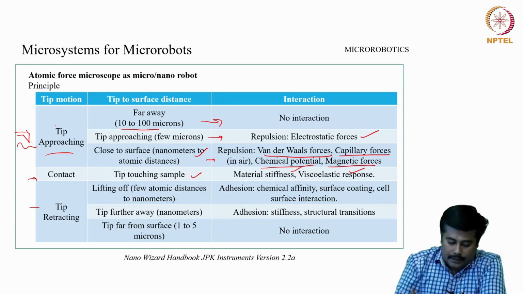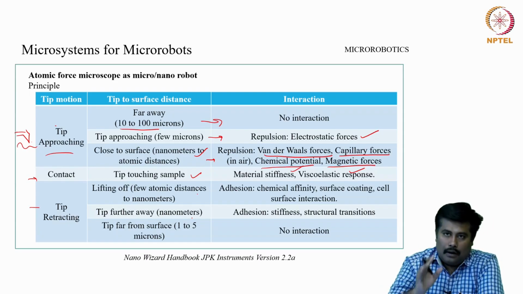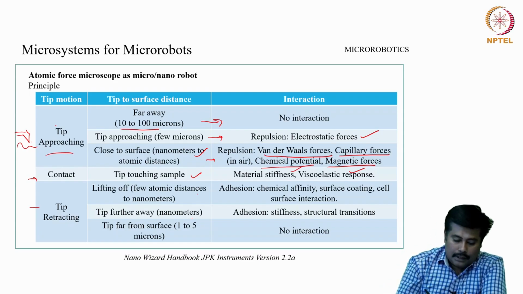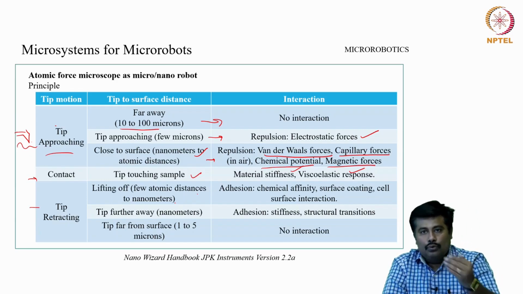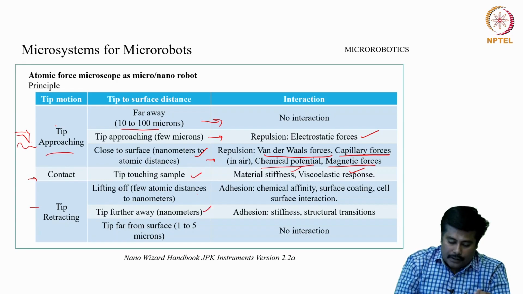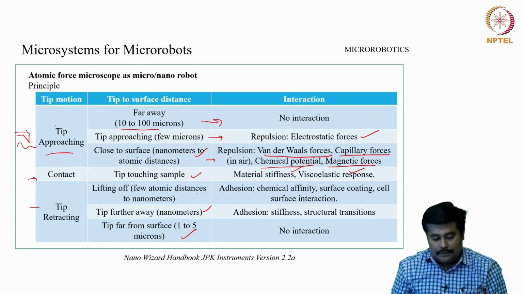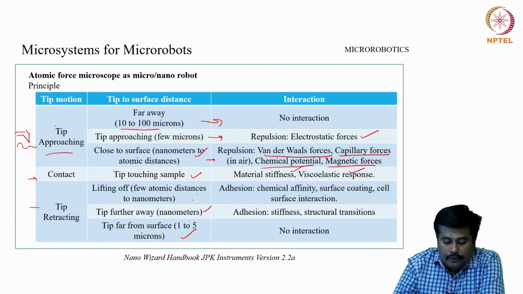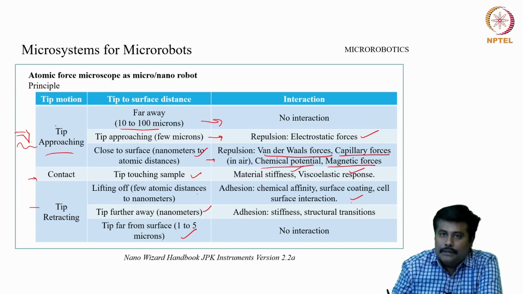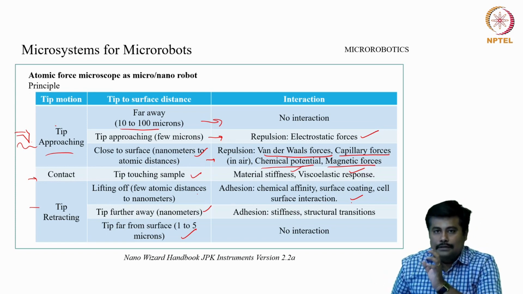So, there are three different motions which can be monitored. One is a kind of lifting off, basically a few atomic distances to 2 nanometers, then the tip further away, a few nanometers, and the tip far from the surface, which is in the order of 1 to 5 microns. Now, during the lift off, when there is a few atomic distance to nanometer, there is going to be an adhesion which will result in a chemical affinity, a surface coating and a self surface